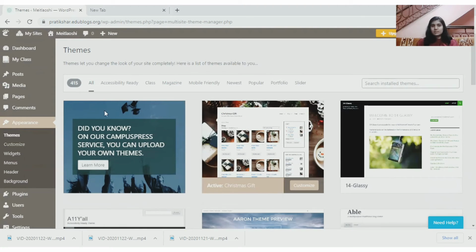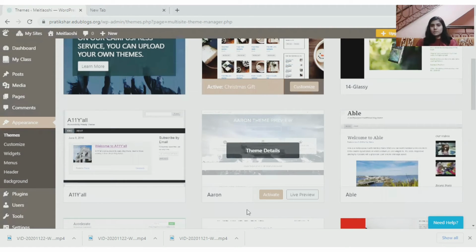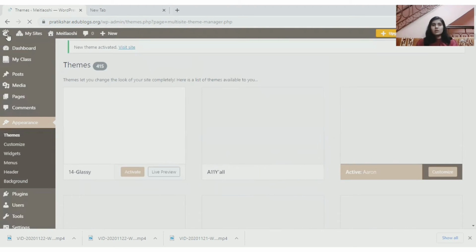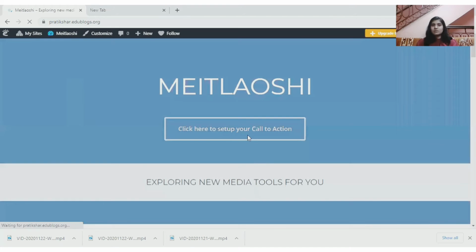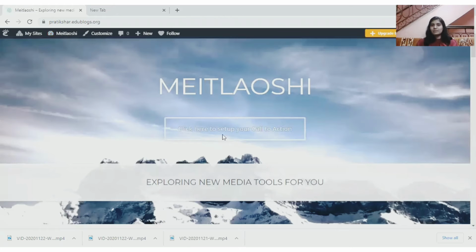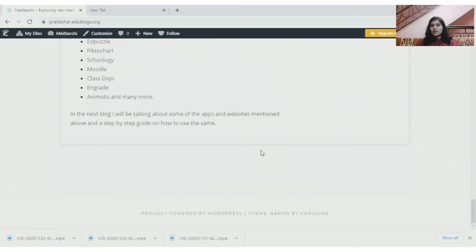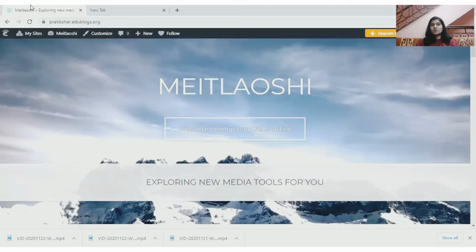I think this is my theme currently. Let's try changing it to this, just for showing you how it looks like. You had already seen my website before. Now we move forward to seeing how this will look on my website. So here you can see the whole layout of my website has changed to a very different type, right? So yeah, that's about it. That's how you can change your themes.